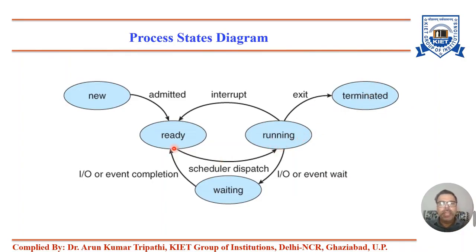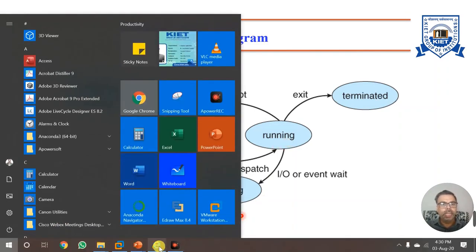This may also happen: when a process is executing, a higher order process may come into the memory. Immediately, that process will get interrupted and the higher order process will be handed over to the processor. So this process is running continuously. We can easily explain this diagram with the help of